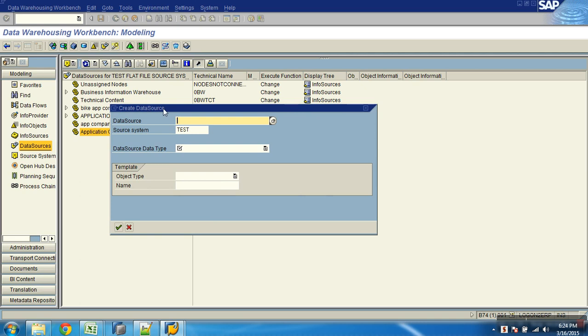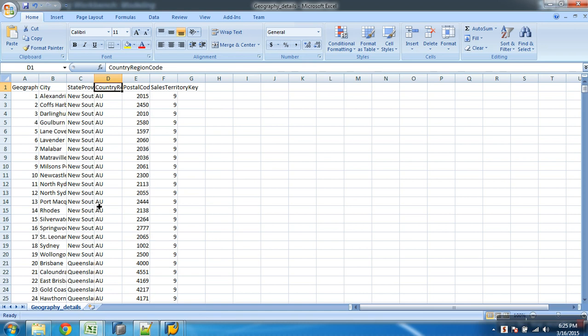So this is a dialog box where it says create data source. Now obviously what is it asking you? The data source text box, and what should I give in? The name of a data source. So I can give any free name, but I'll try to follow this naming so that I can easily recognize it later.